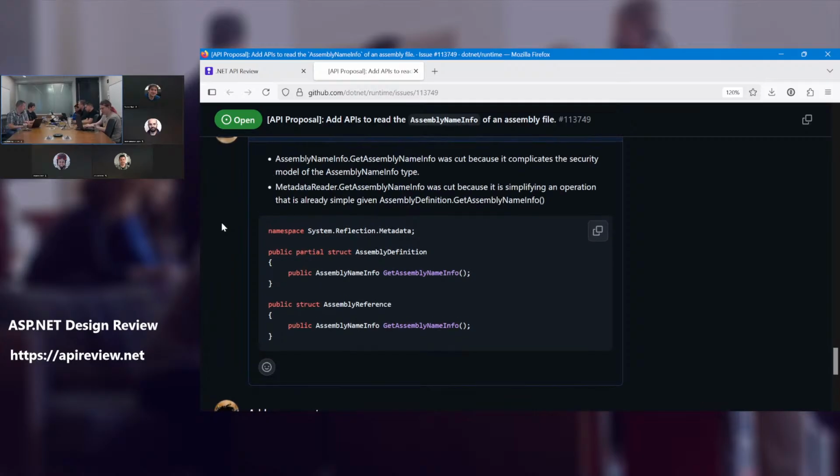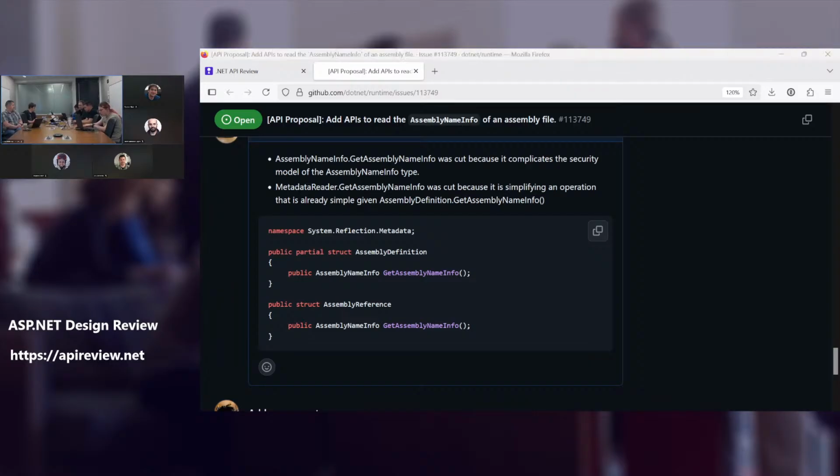I think the assembly name is defined in System.Reflection, and assembly name info in System.Reflection.Metadata. Yeah. So there is a way to get assembly name from assembly name info, but there is no other way around except calling the assembly name info constructor and providing all of the values like culture name, version, etc. I mean, you could have an accelerator constructor which takes an assembly name and just cracks everything open for you, and then gives you back an info if you want. Right, yes, we could, but